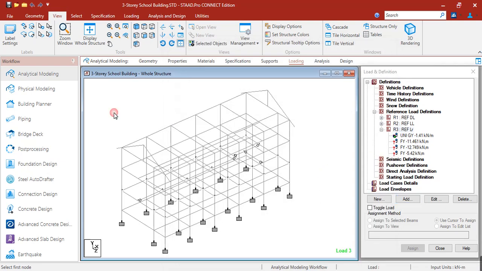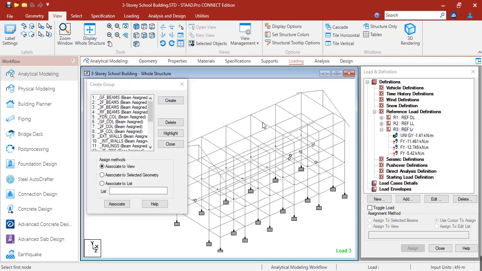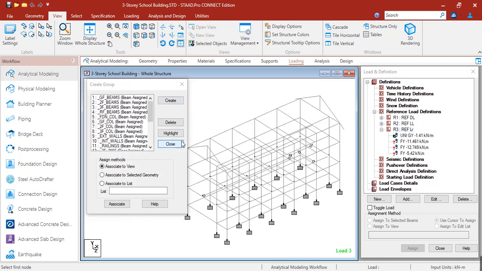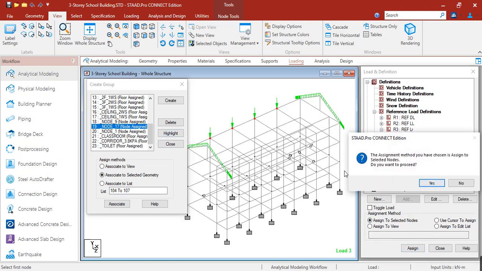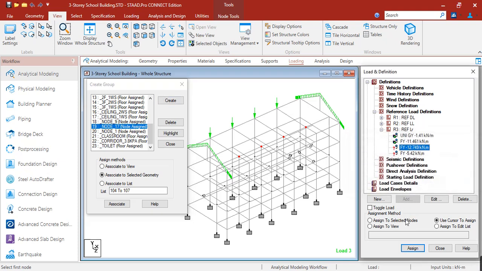After that, let's highlight under Control G the nodes for node 9. Then click FY negative 11.461, then assign to selected nodes. Then also for node 17, highlight. Don't forget to highlight. Then click assign to selected nodes.